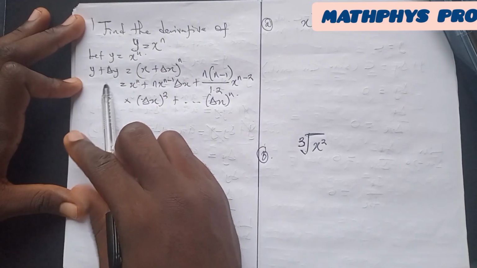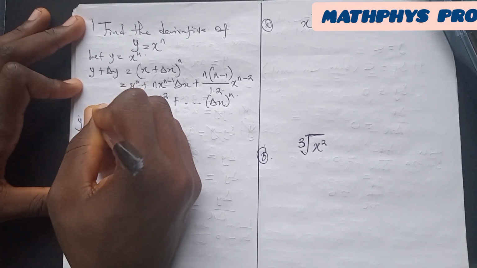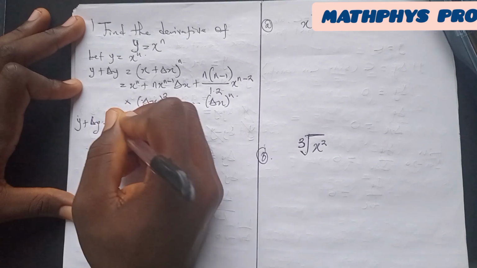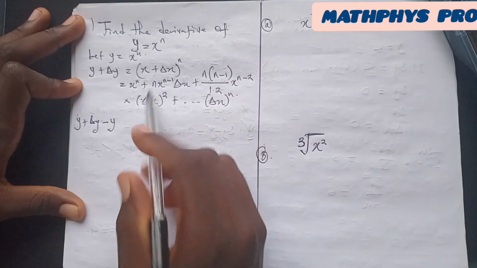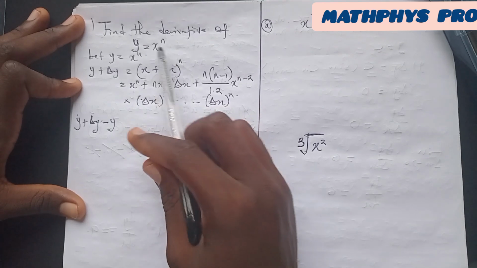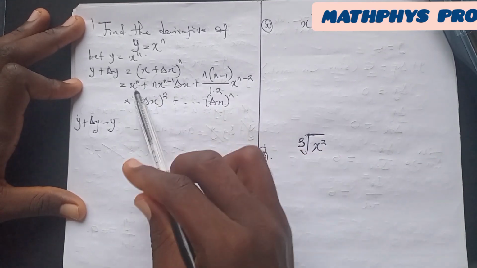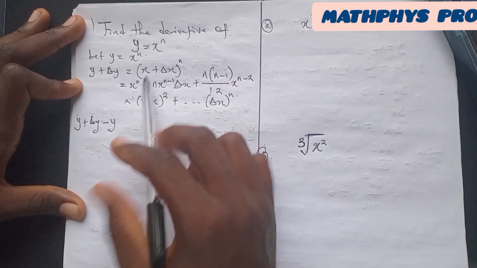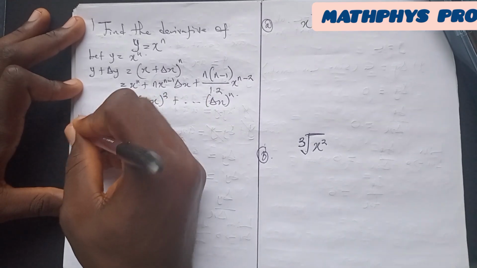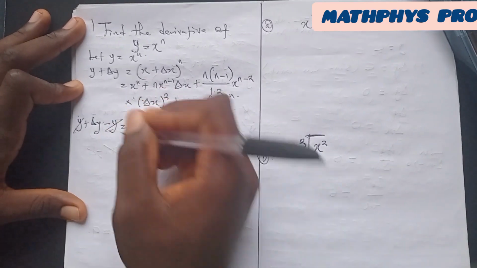If we subtract y from both sides, we get y plus change in y minus y. And remember that y is equal to x raised to the power n. So if we subtract x raised to the power n from this side of the equation, the x raised to the power n minus x raised to the power n will cancel out, and this y will cancel out this y. Let me show it. This equals